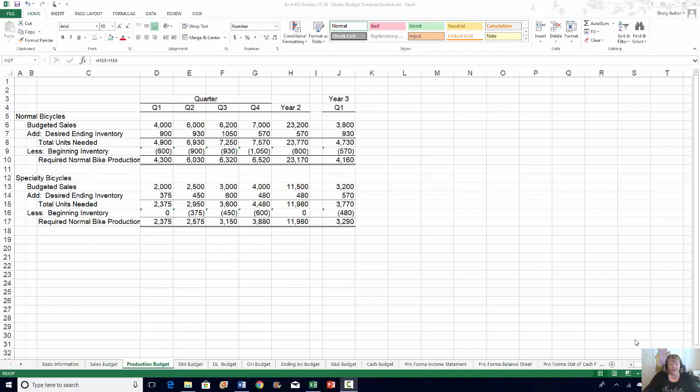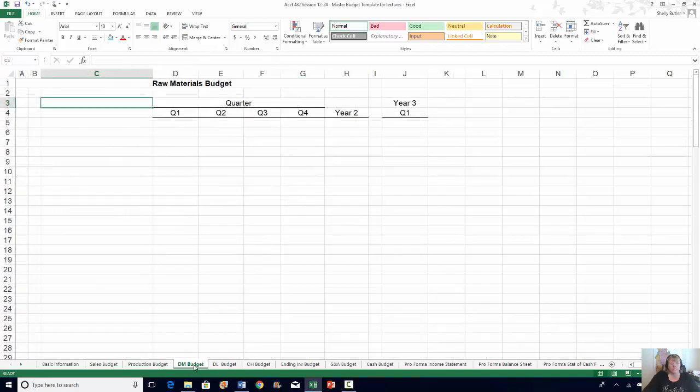This is session 15. Now we just did the production budget, which allows us to do the direct materials budget because we need to know how many materials we need to have in order to build our projected units. And so if you'll click over to the direct materials budget, we can get started by putting in what